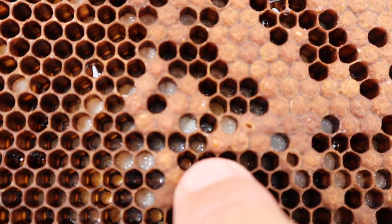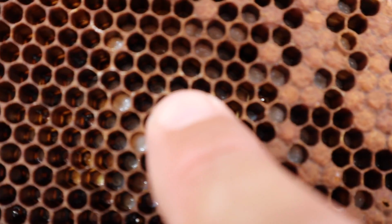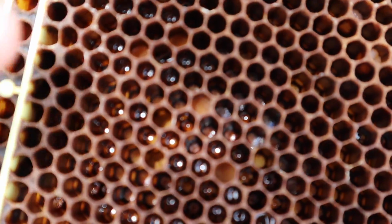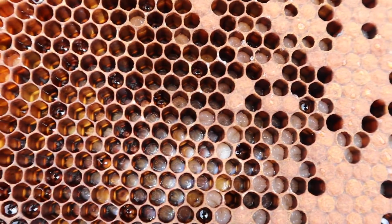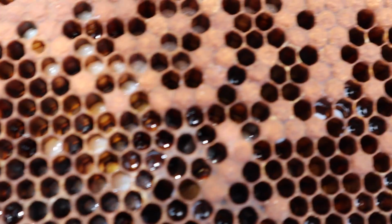So you see these little white things right here that are uncapped? That's actually a bee larva. And you can see there's several different sizes in there. And some of this stuff over here, the different colors, that's actually pollen that they make into like bee bread, or their food. And then you got some pockets of nectar, all that shiny liquidy looking stuff. So you can see everything's